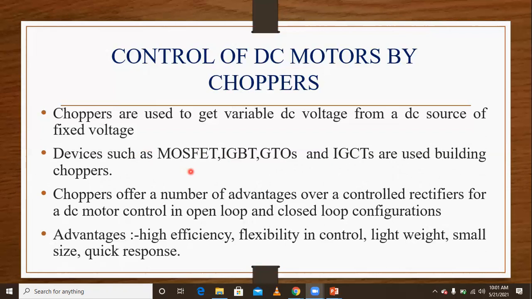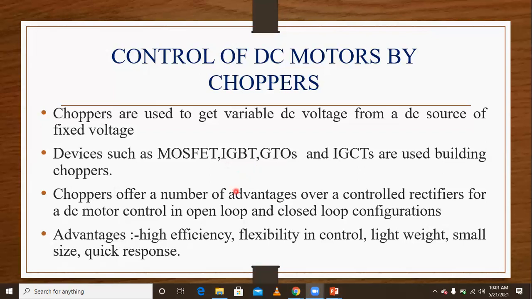These devices are operating at high frequency. Operation at high frequencies improves the motor performance by reducing the current ripples. The reduction in armature current ripple reduces machine losses and eliminates the discontinuous conduction. So these are the different advantages of chopper control. This elimination of the discontinuous conduction region improves the speed regulation and the transient response of the drive.